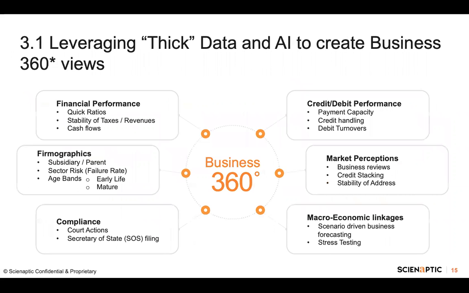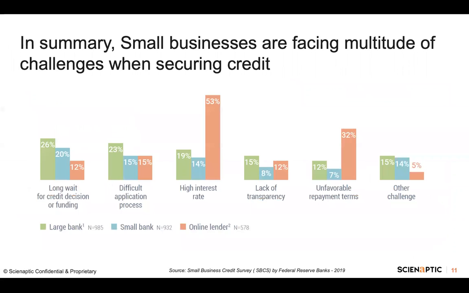Let me refer back to this slide, where you see a sharp differentiation in terms of the pain points that credit seekers have for small banks versus online lenders. Of course, here, as I highlighted, the process wait time or the turnaround time to decide,